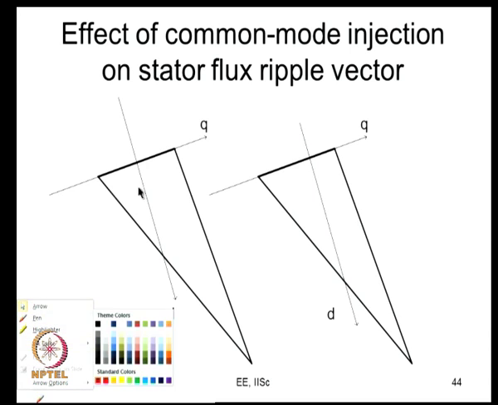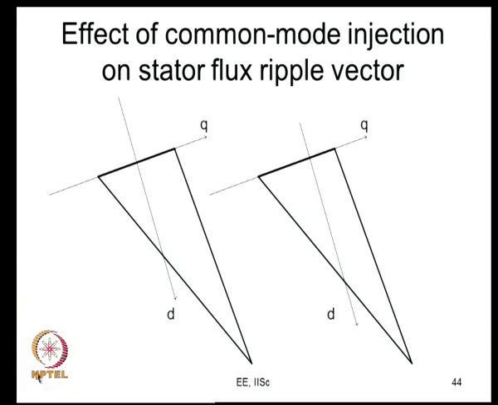That is, you may look at this is your psi vector, whereas here this is your psi vector. These two triangles are almost the same, except that you look at this point, it has been shifted. Why is that being shifted? Here it is equal, here it is not. So, this is the effect of common mode addition.